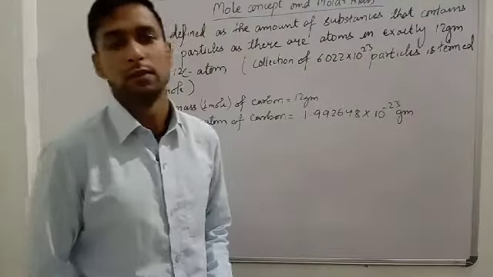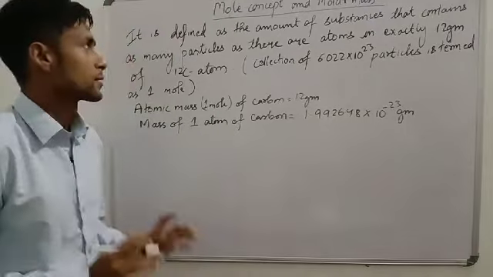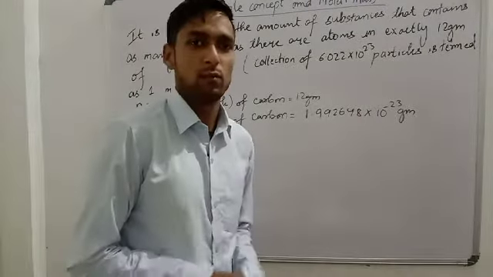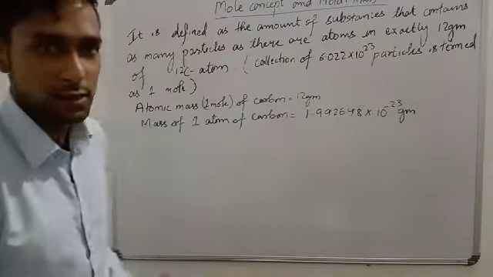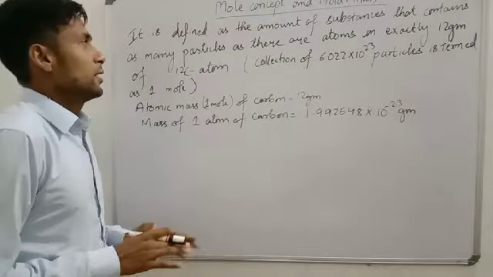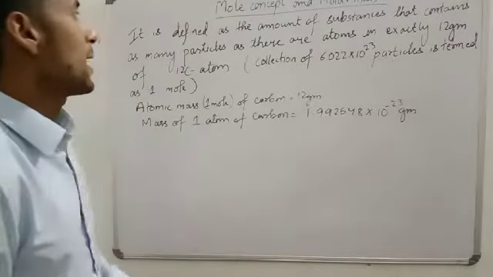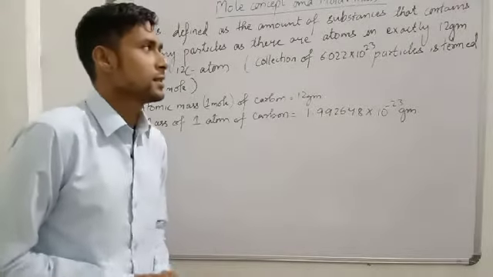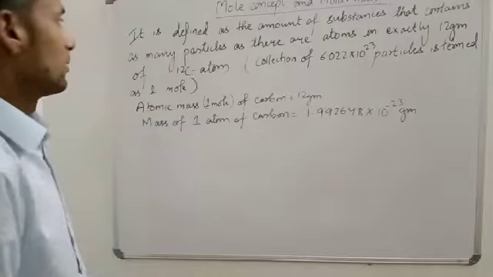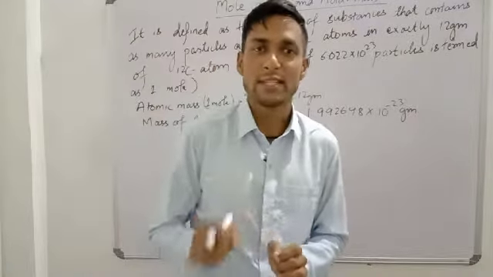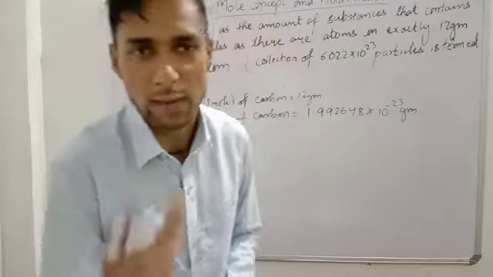Now we will do mole concept and molar mass. So mole is defined as the amount of substances. Mole is the unit of amount of substances. Remember, it is defined as the amount of substances that contain as many particles as there are atoms in exactly 12 gram of carbon 12 atom, which means that number of atom present in 12 gram of carbon is known as